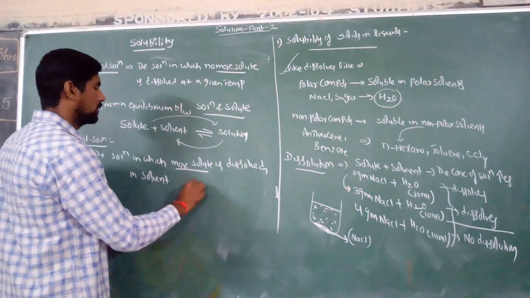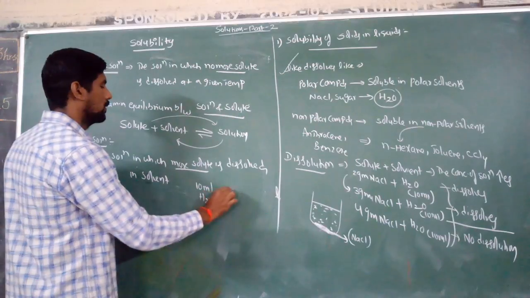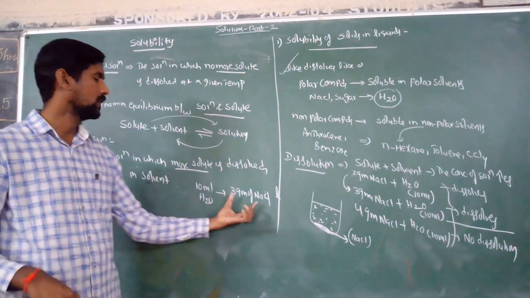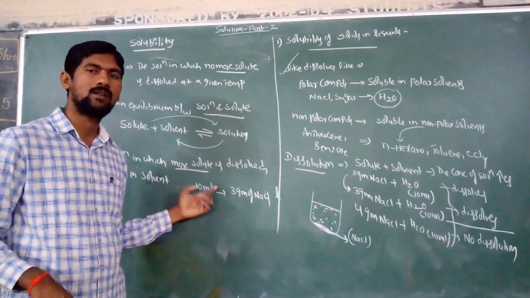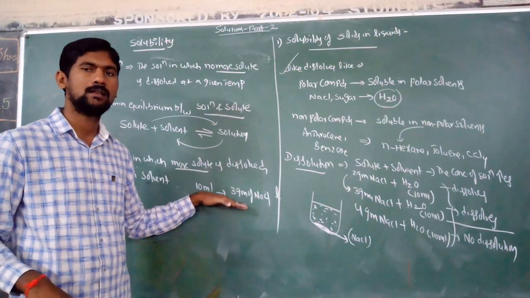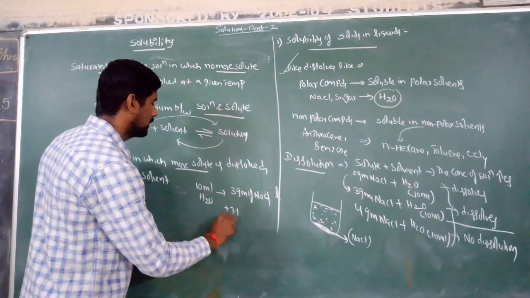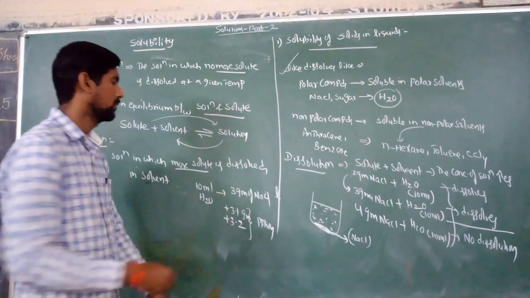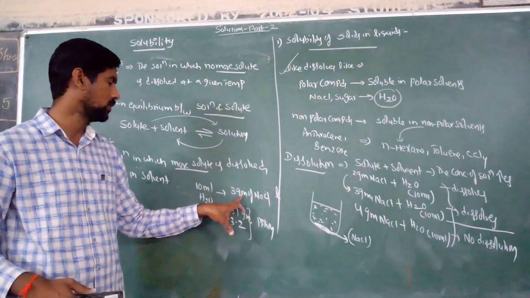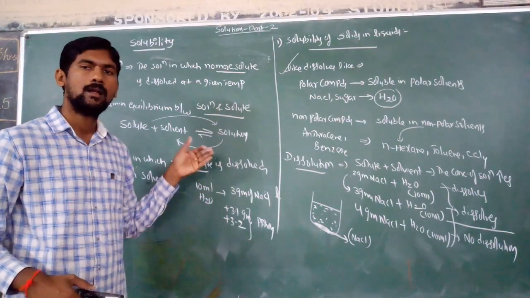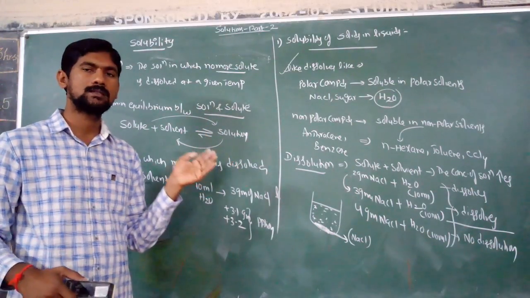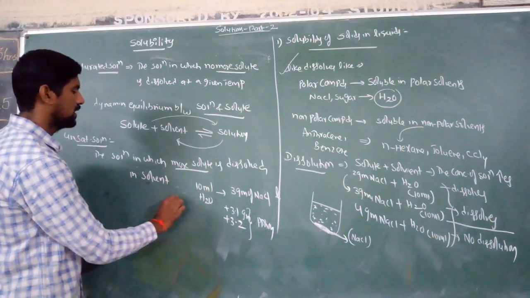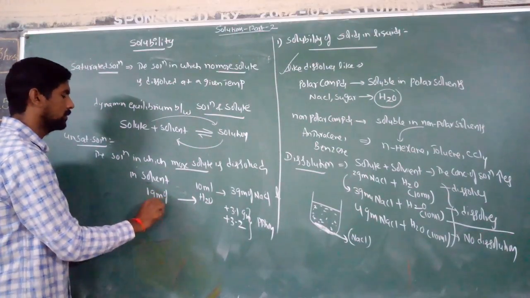For example, in 10 ml of water, 3 grams of sodium chloride is completely dissolved. This level is the saturated solution level. If you add 3.1 or 3.2 grams, then we get precipitation. 3 grams of sodium chloride is exactly dissolved in 10 ml of water. So beyond 3 grams, if you add sodium chloride, that amount slowly gets precipitated at the bottom of the beaker.